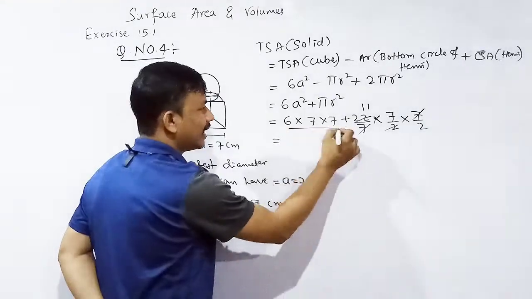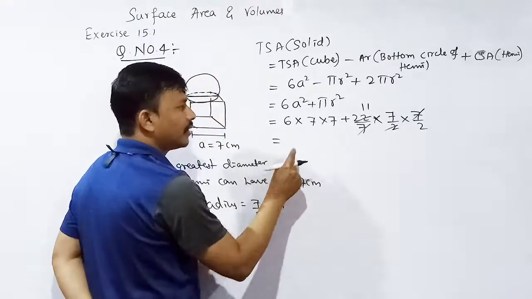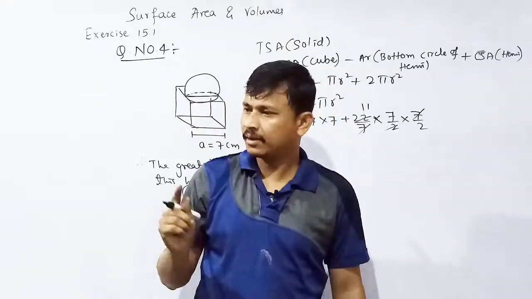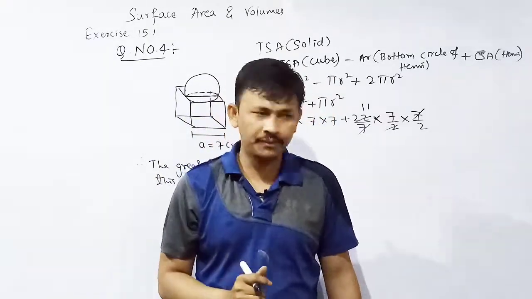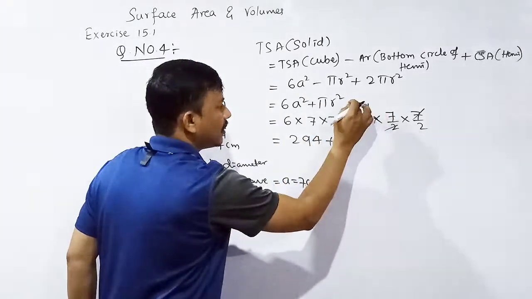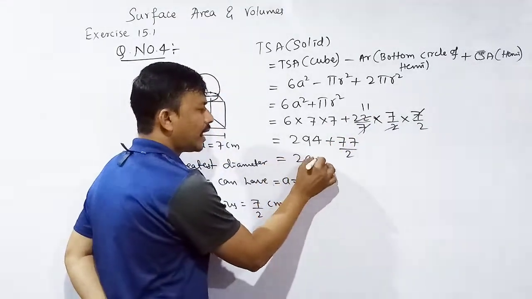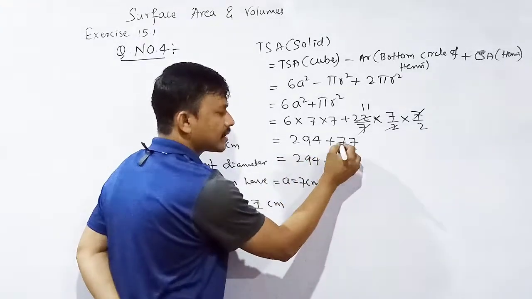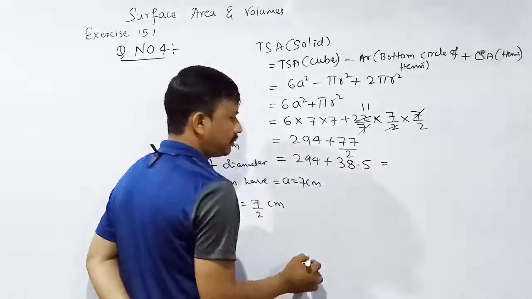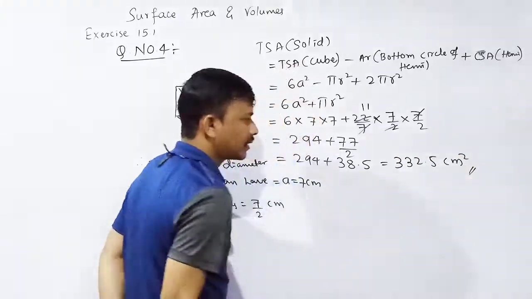Go like that, here we have to take the LCM and then multiply. OK, you have to take first the LCM here. Look here, 7 7s are 49, if we took 50 it would be 300. 300 minus 6 is 294. 294 plus 7 11s are 77 divided by 2. This is equal to 294 plus 2 3s are 6, 2 8s are 16.5. After adding, 332.5 centimeter square. Check the answer.